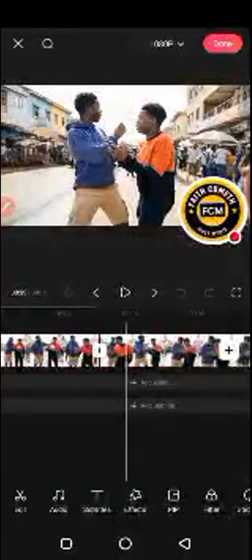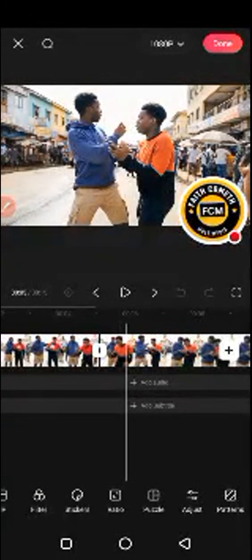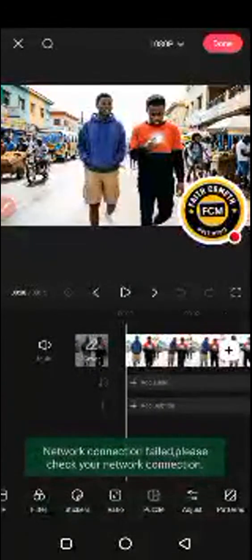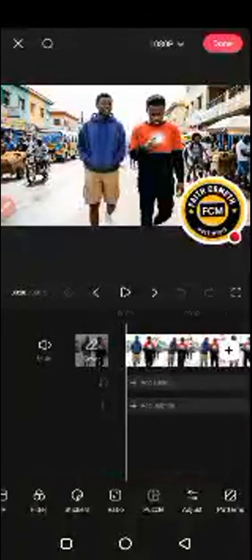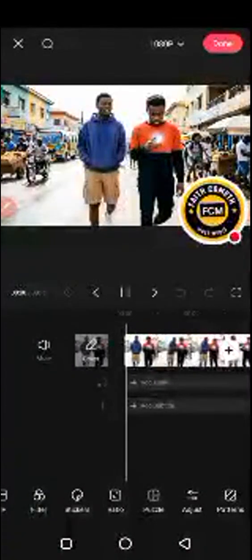If they can do that here, okay, you can cut, you can add music, you can add text, you can add video effects, you can bring overlay and so many other things. So you can just do that here. Okay. So when you are done with your editing, because I'm not even sure what to edit here,